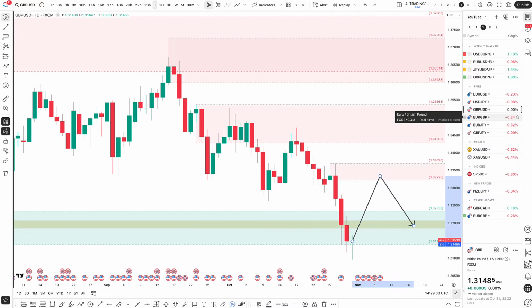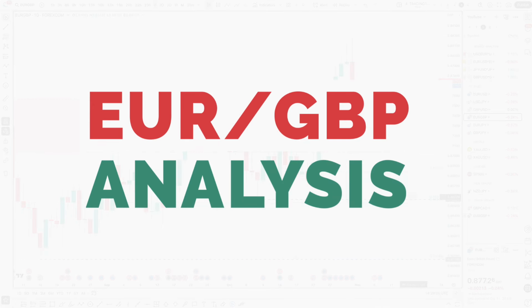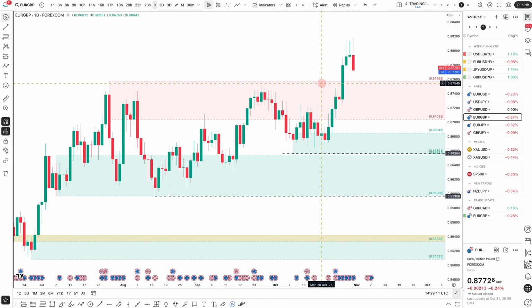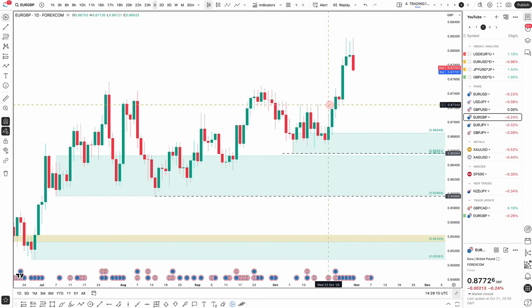Next is the euro pound, to buy the euro over the pound. I'm still in this trade. We'll go over this in the trade updates at the end of the video. But yeah, I am long in this, so I trailed my stop up, and we're seeing this move with the euro again.